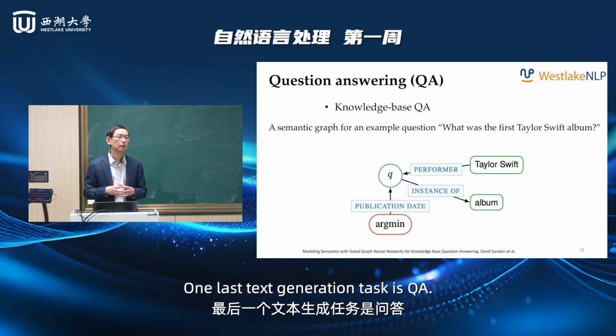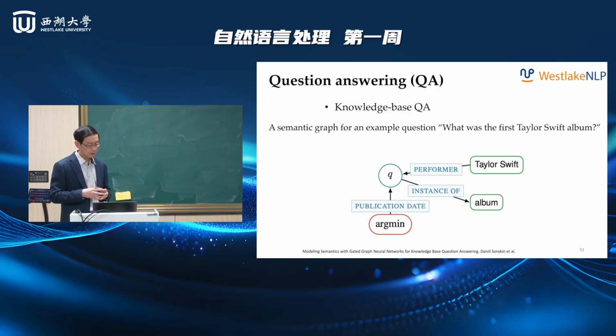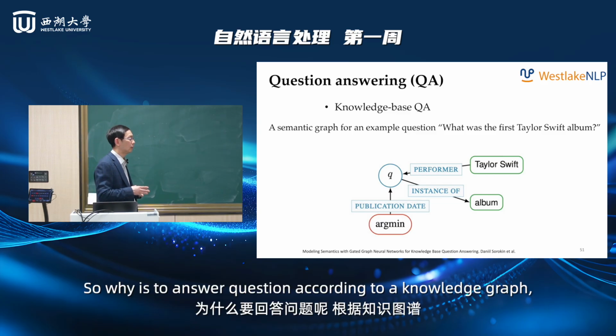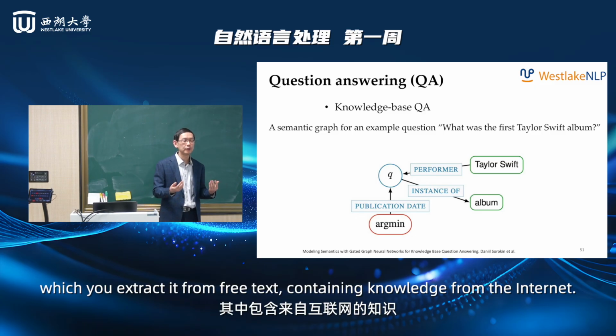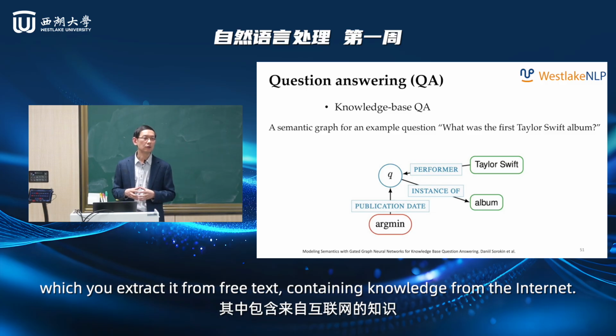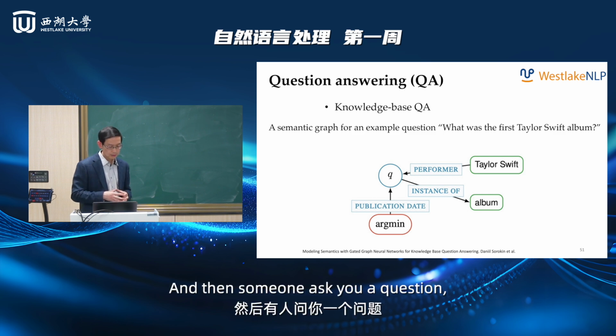Okay, one last text generation task is QA. There are different ways to answer questions. One is to answer a question according to a knowledge graph. You have a big knowledge base, which you extracted from free text, containing knowledge from the internet. And then someone asks you a question,